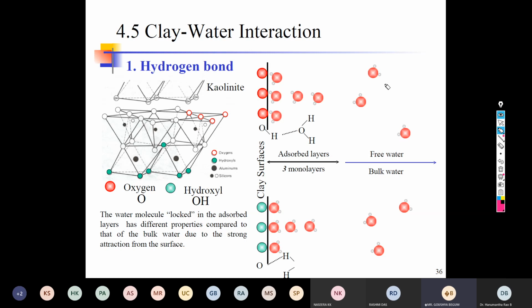Sir, does the adsorbed layer also include the double layer, meaning the second layer after the Stern layer? Yes, both are the same. I thought the adsorbed layer was only the Stern layer, the first layer. No, it includes both. Sir, so the plasticity is mainly induced due to the presence of water? Yes. Your plasticity of clay particle is only because of this adsorbed water.